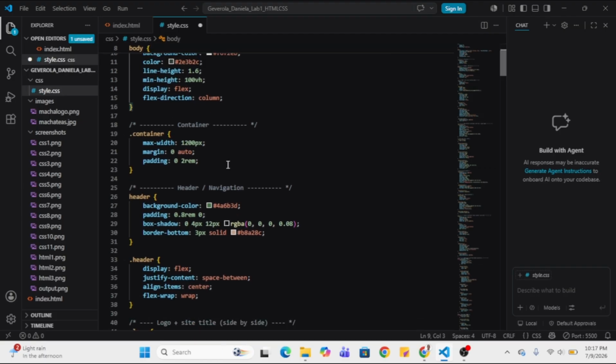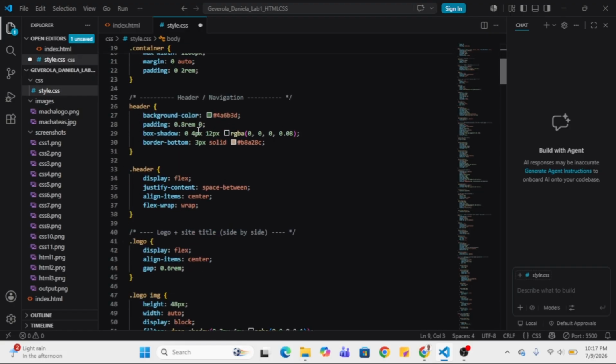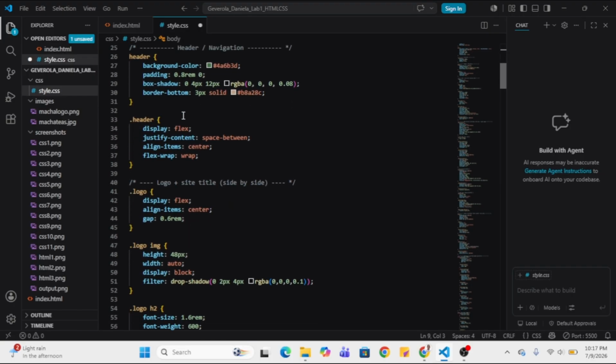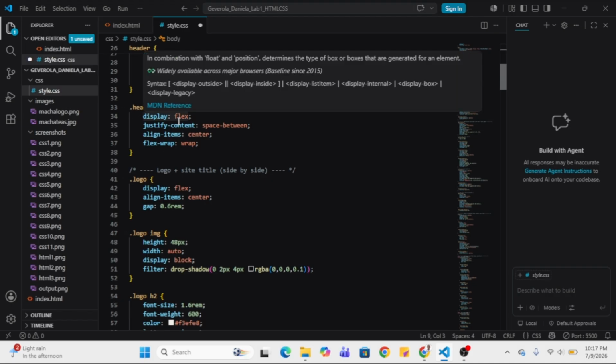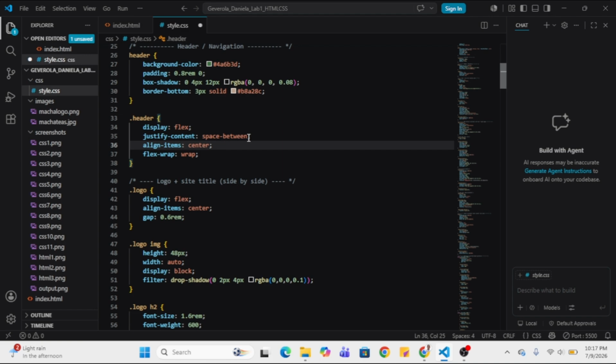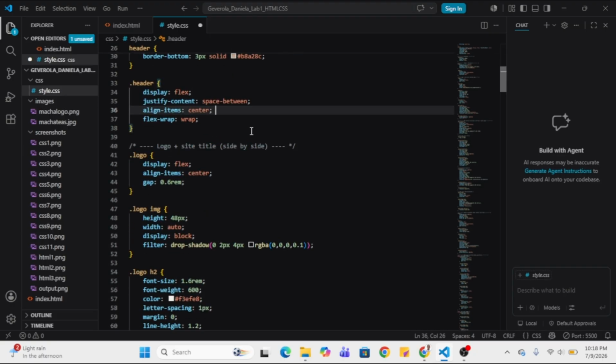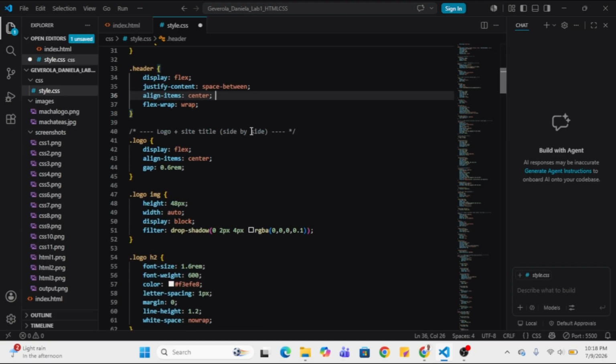For the header container and the navigation design, the background color, the header is flex so that it goes into the specific position where we wanted it.